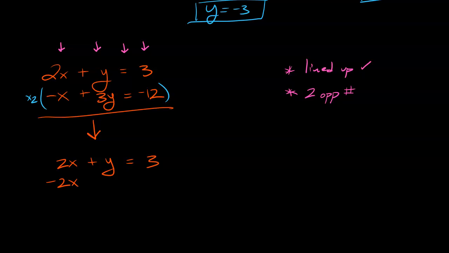So -2x plus 6y and -24. Okay, now I do have two opposite numbers now. So both criteria are met. And